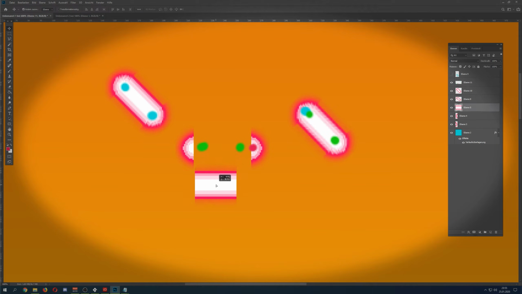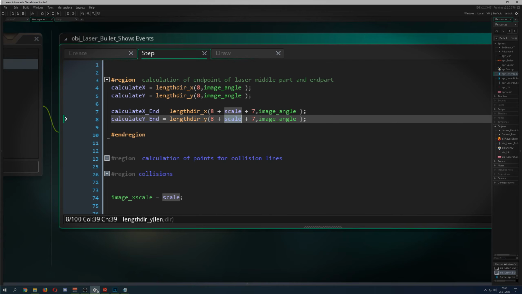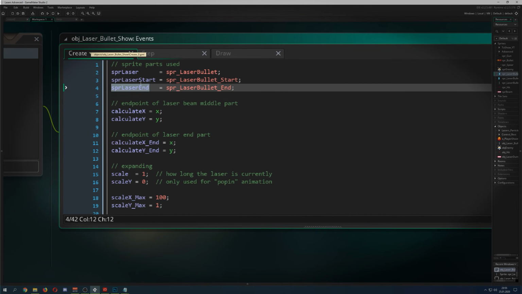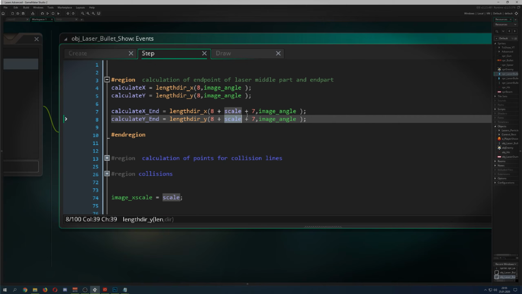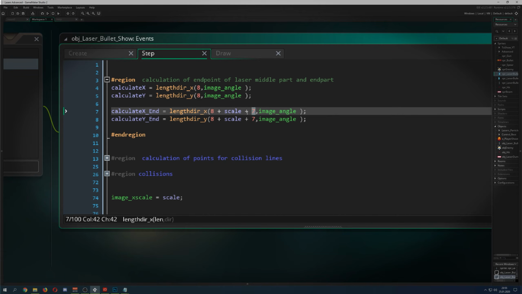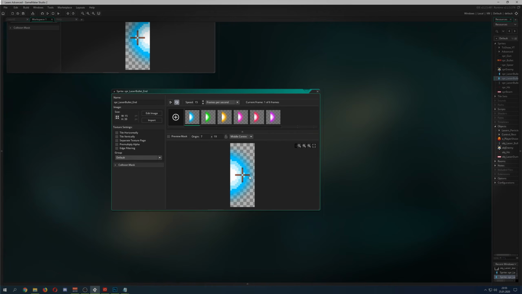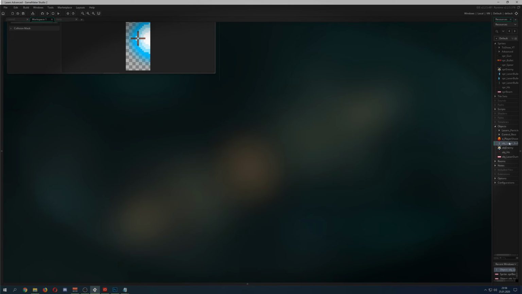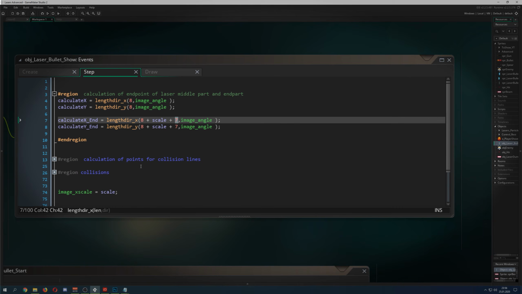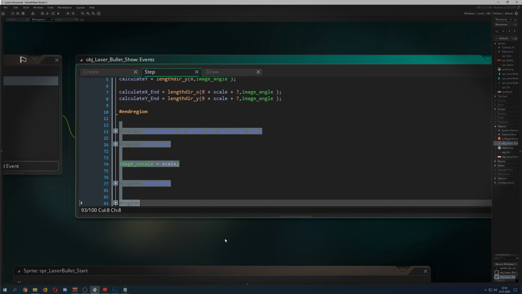Hope I didn't lose you already, because this is quite theoretical. So here, this has a scale now. This is, for example, just 1 pixel, and then I expand it the way I want, and therefore it is dynamic. Then I say, hey, expand it to, yes, I expanded even to 100, and then +7, because once again, the end cap is centered in the middle again, and then I need not this point, but this point. So you understand the code now,